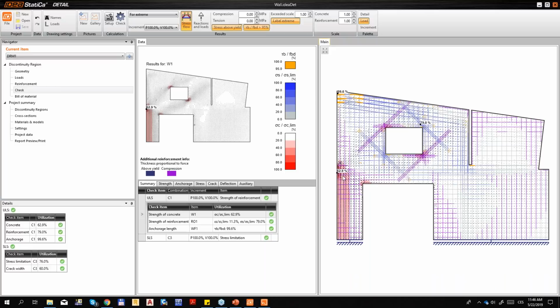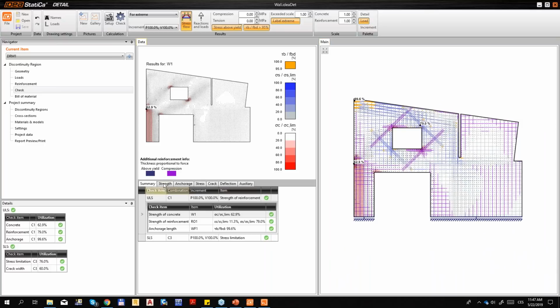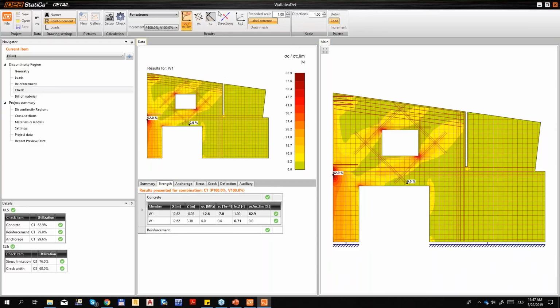From the summary overview, you can see the maximal utilized part of the structure from the point of view of the concrete. This is this part. From the anchorage length, as we assumed, this is in the top part of the wall, where there are big tensile forces in the anchors, and the maximal utilization in the tension of the reinforcement is in the corner of the window. So we will go through the detailed checks. At first, we will show